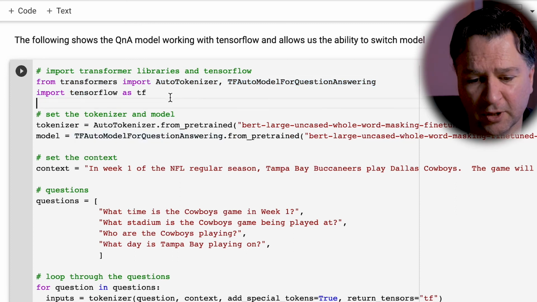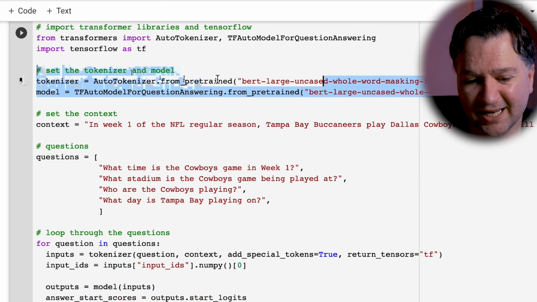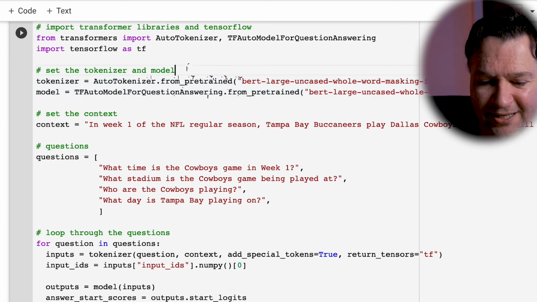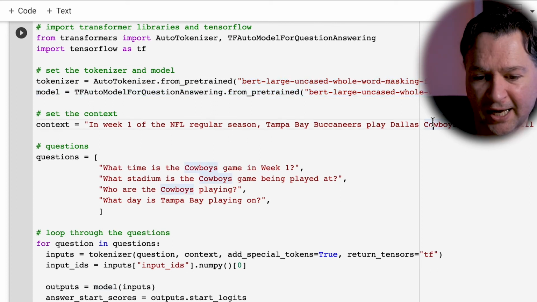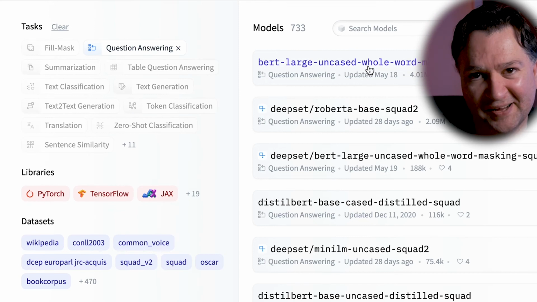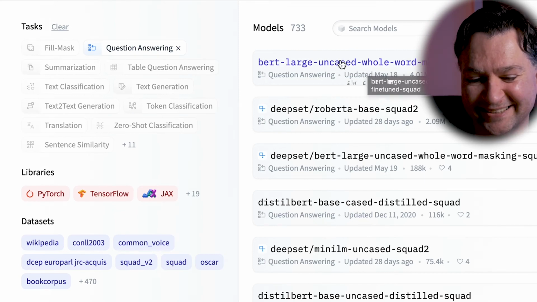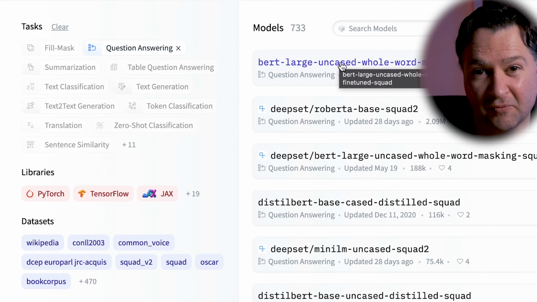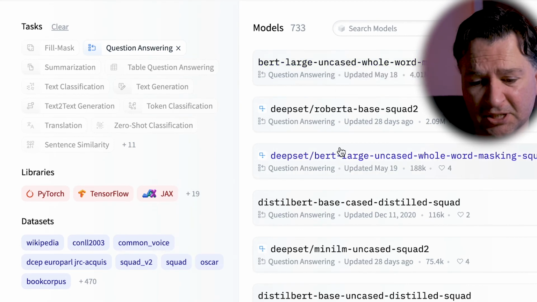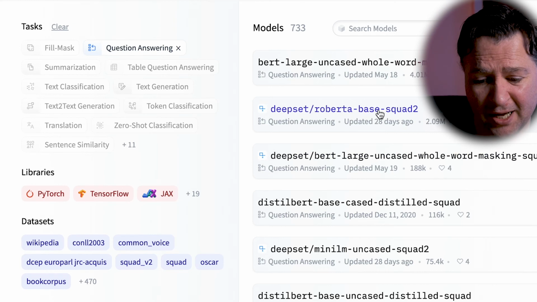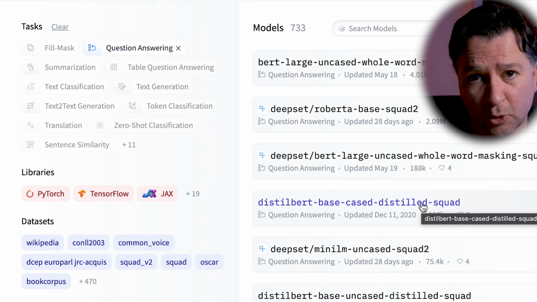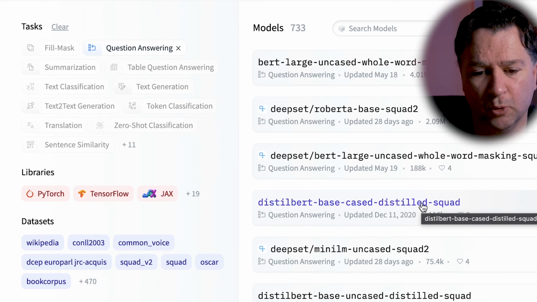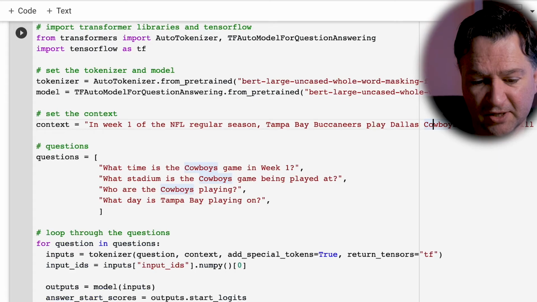We've imported TensorFlow, and then what we're going to do is load up the models that we're going to use. You can see that I'm loading up BERT large uncased whole word masking fine-tuned SQuAD. If you remember what we did earlier, you can see that's just the name of the model that we got from Hugging Face. If I wanted to, I could put in any other model. Like I could use the DistilBERT base cased distilled SQuAD, which is trained on DistilBERT and trained on SQuAD 2.0, and I could use that in the model if I wanted to. In fact, we'll demonstrate that in a second. So if I took that,